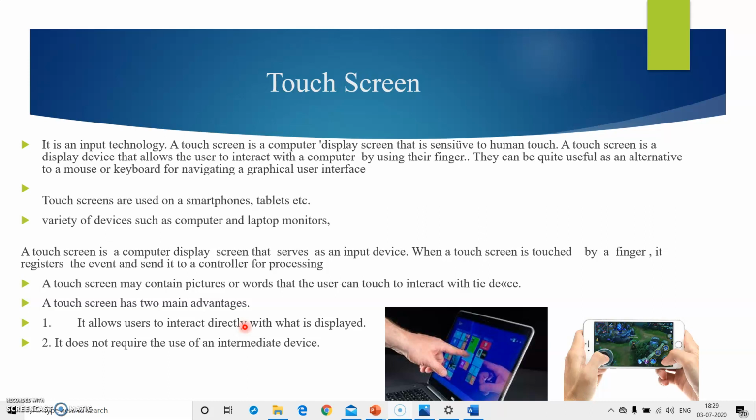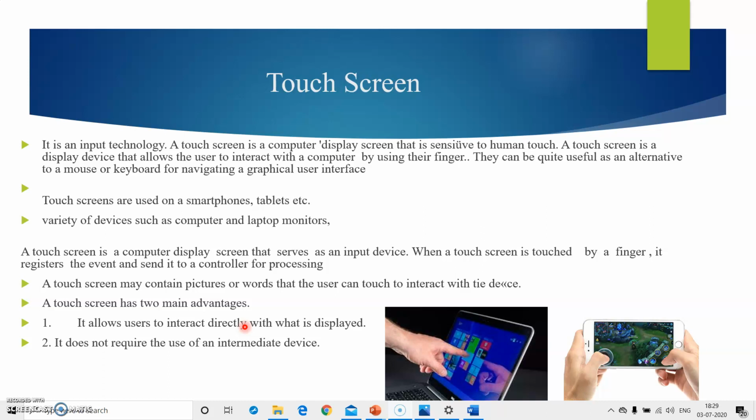These are examples of emissive flat panel display, and LCD is the example of non-emissive flat panel display. Also, we have studied in detail what is a plasma panel, what is light emitting diodes, and what is liquid crystal display, that is LCD.